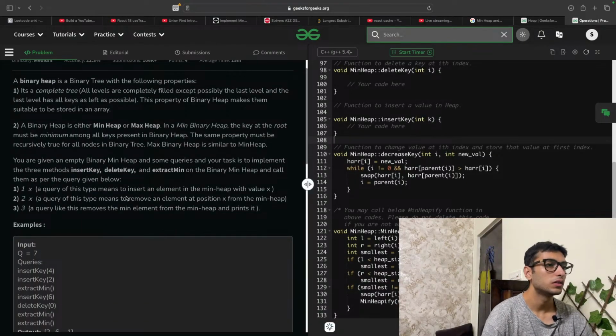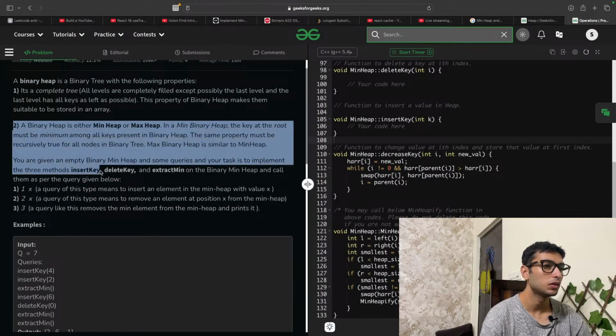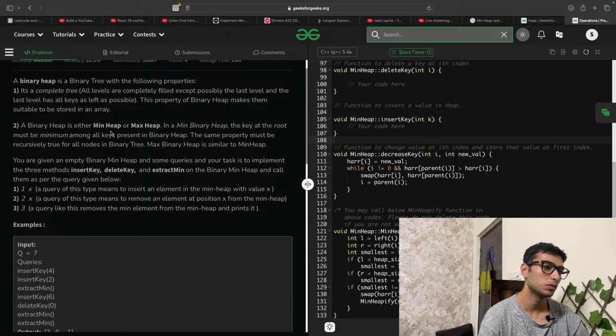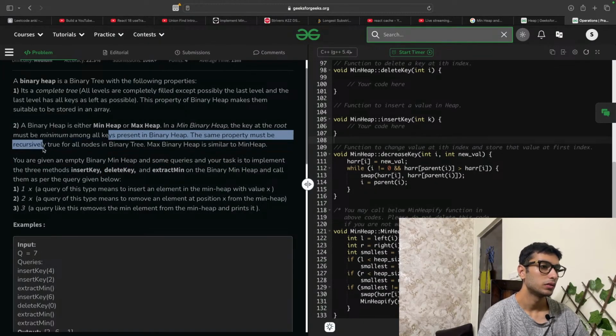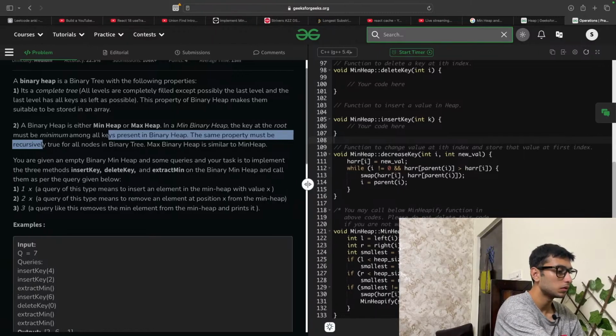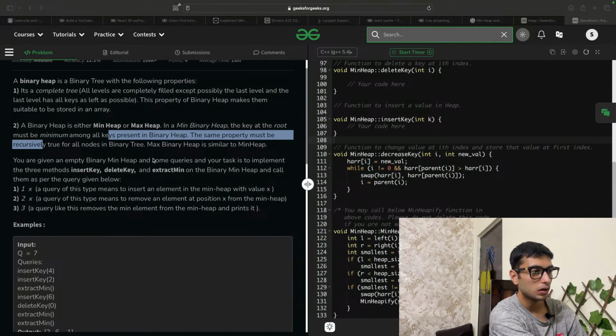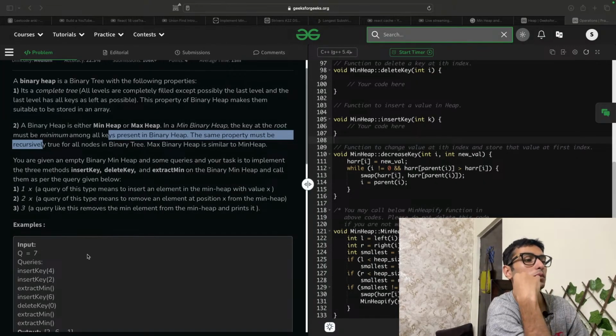It's a complete tree. A binary heap is a min heap or max heap. In a min heap, the root must be minimum. You're given an empty binary min heap, and you're supposed to implement three methods: insert key, delete key, and extract min on the binary min heap, and call them as per the given below.